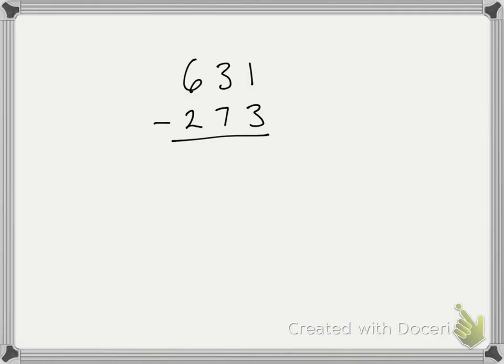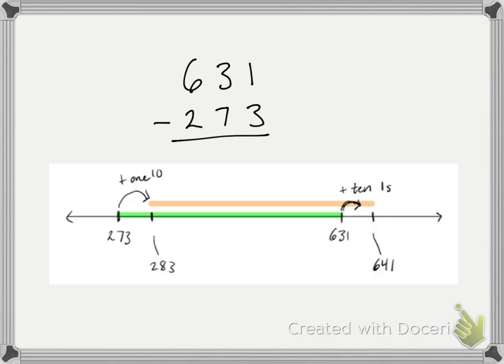The following is an example of the constant difference algorithm. The way we're looking at subtraction is what is the difference between these two numbers. And the difference between these two numbers on the number line will stay the same if I bump both numbers up the number line by the same amount. So the strategy here will be conveniently add the same number or the same amount to both numbers, and it